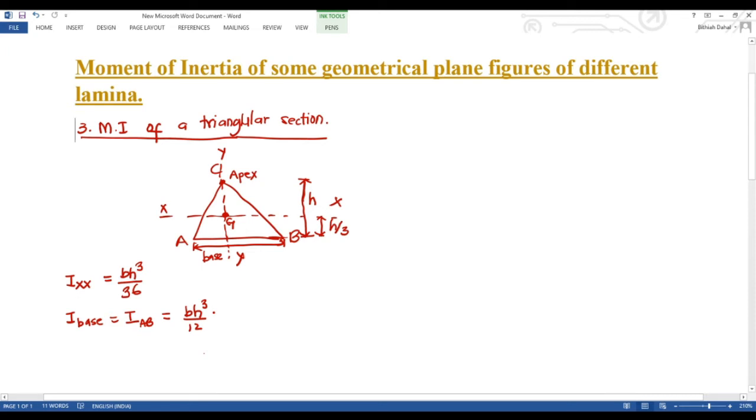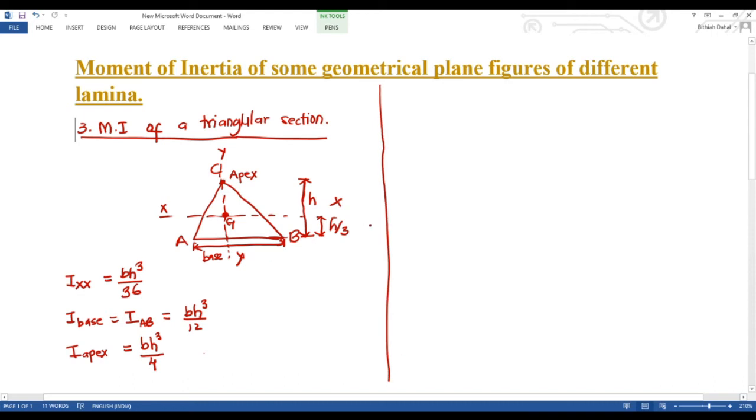Similarly, if I want to find the moment of inertia about its apex, let it be I apex, it equals B h cubed by 4. So these are a few moments of inertia for a triangular section. There is no derivation, I am directly giving you the formula so that you can directly use these formulas to solve